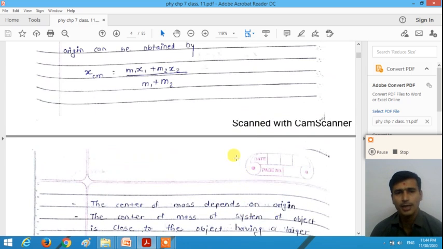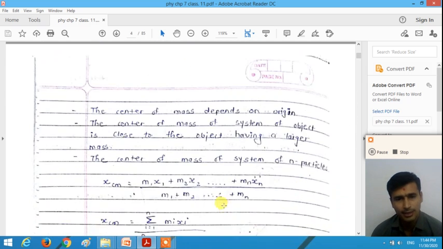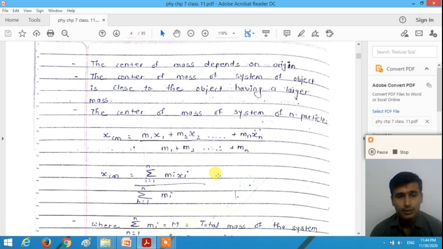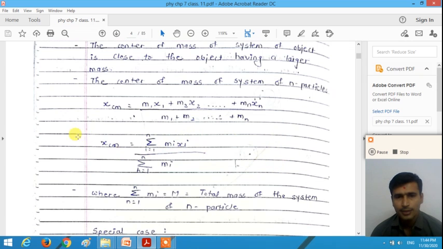So this formula is extended for n particles, right? The center of mass of a system of n particles, xcm, is calculated by the formula xcm equals m1x1 plus m2x2 up to mnxn, divided by m1 plus m2 up to mn, right? So this formula can be represented using sigma: xcm equals sigma i equals 1 to n of mi xi, divided by sigma i equals 1 to n of mi,